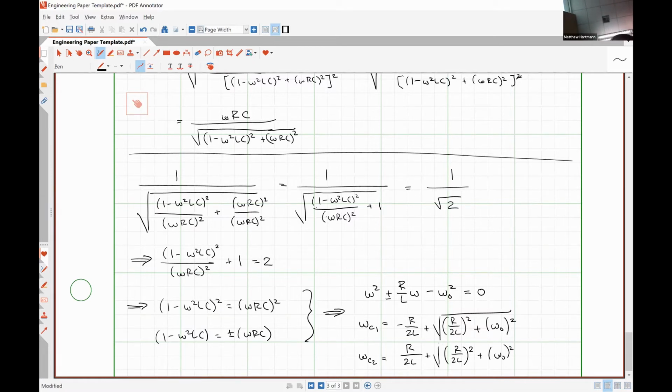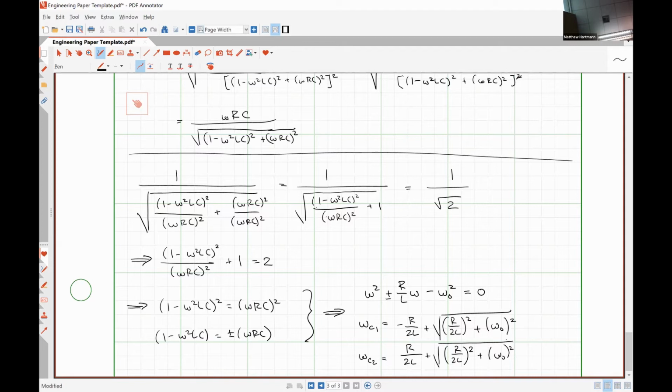So, do any of you remember what we call the quantity R over 2L for a series RLC circuit? I mean, isn't that alpha? I can't remember what the actual name is. Yeah, no, that's exactly what I was looking for. That's alpha. So we can see that our corner frequencies are very, very similar to the natural frequencies of a